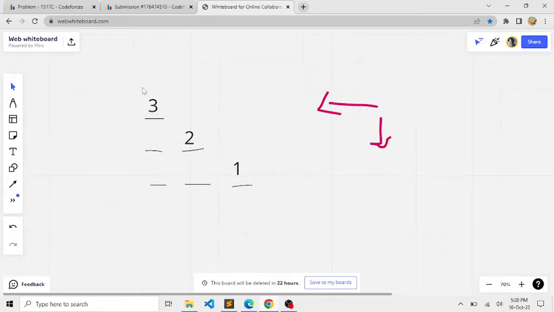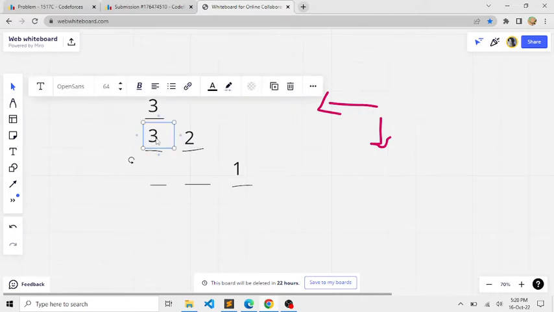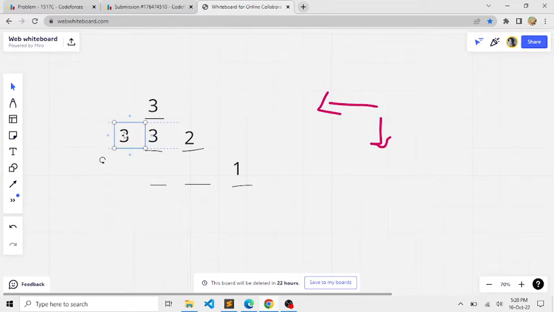So for 3, there must be 3 cells in total with the same value of 3 in order to form a region. So let's take 3. Now this 3 cannot be placed here as this is not a valid position, so we'll place 3 in the bottom. Now we need one more element, so let's take one more. Again, this cannot be placed on the left, so we'll simply put it below 3. Now this forms a valid region with 3 cells, each having the same value. So 3 is now complete.